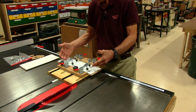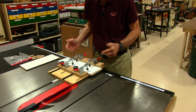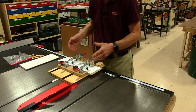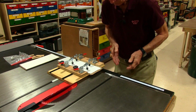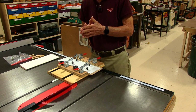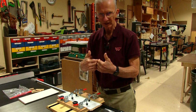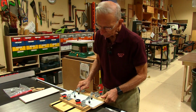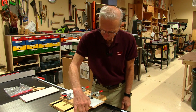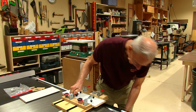And if you have a piece of molding that has got humps in it like that or something, and it won't lay flat when you flip it over, then you can take this whole sled out, put it on the other side of the blade, and cut over on this side, and you'll be able to cut the piece the way it needs to be cut to make that inside corner. Okay. This part here comes close to the blade, just like this part comes close to the blade when you put this on the other side. All right, so